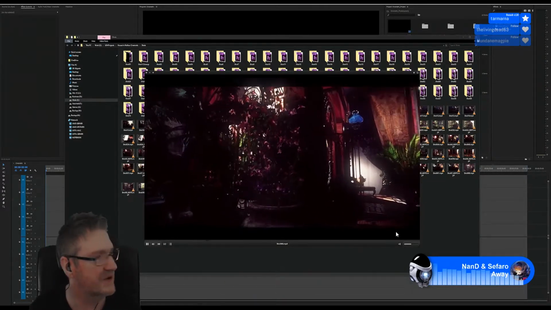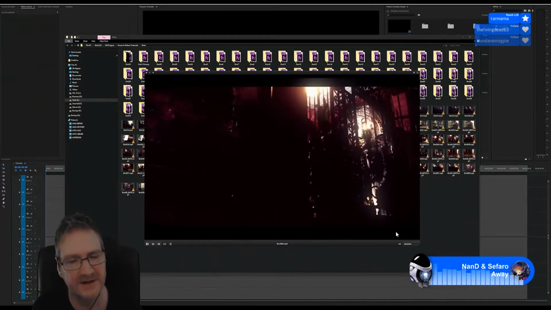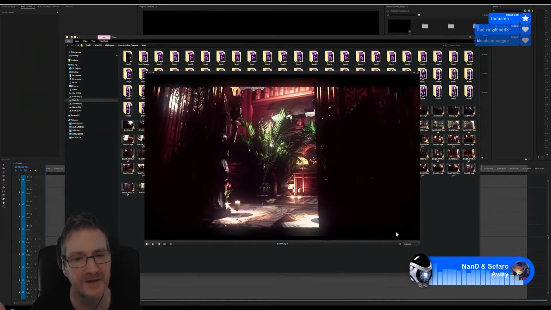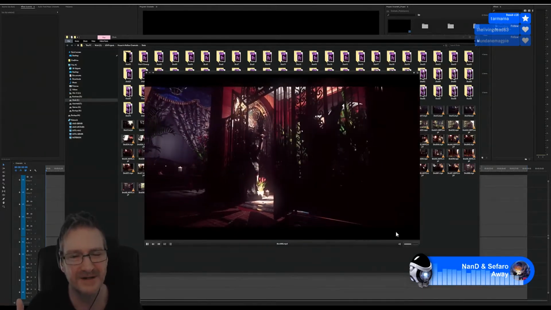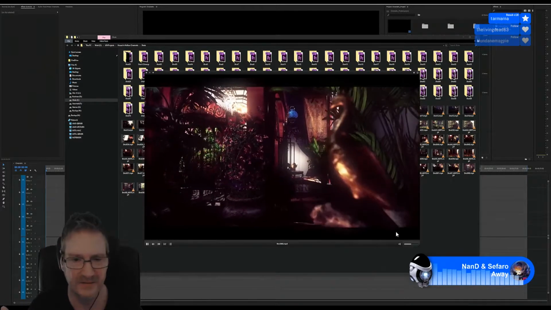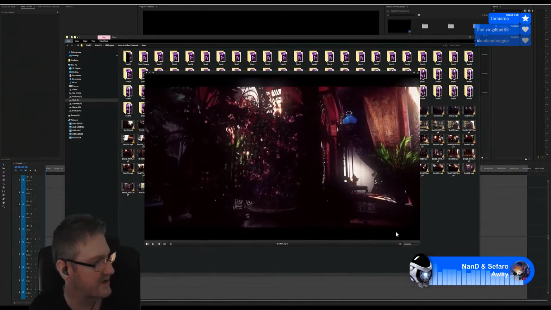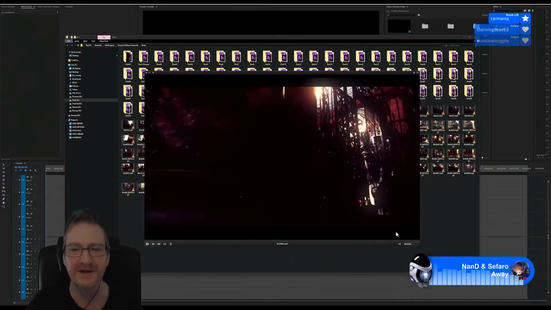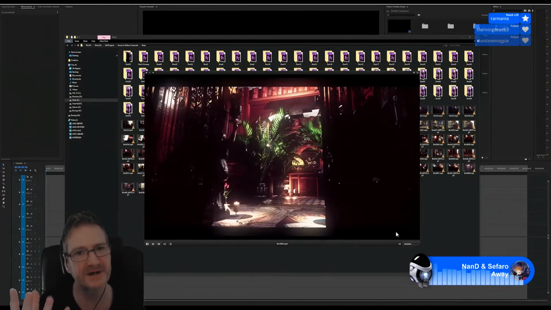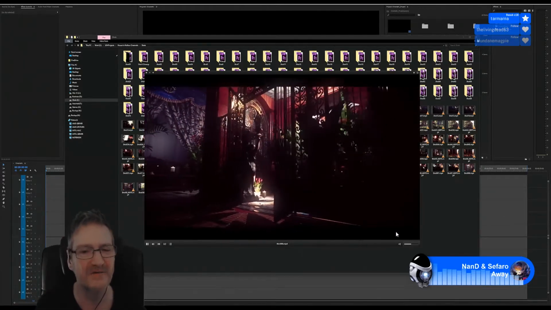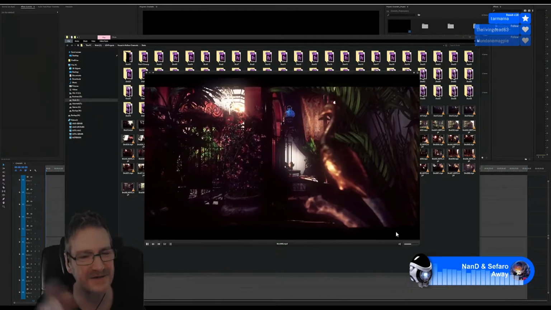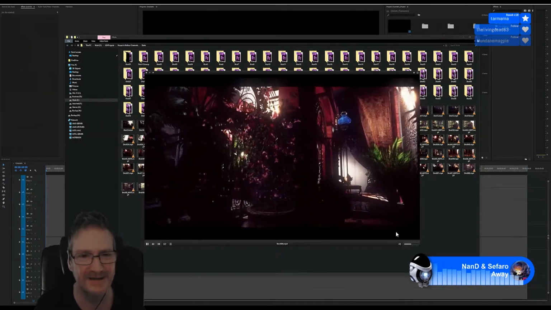I have a burner in my PC over here, the streaming machine. I don't even have a DVD or Blu-ray player or burner in my main computer, because I just don't use discs anymore. Everything is digital. So my burner over here is never used. The only time I use it is if I want to take a movie I bought on DVD or Blu-ray and convert it to a digital file so I can store it on my media center. Then the Blu-ray gets put back in its case and never used again.